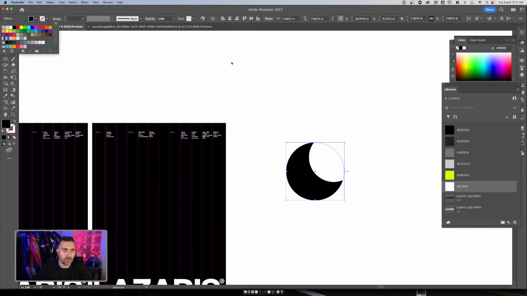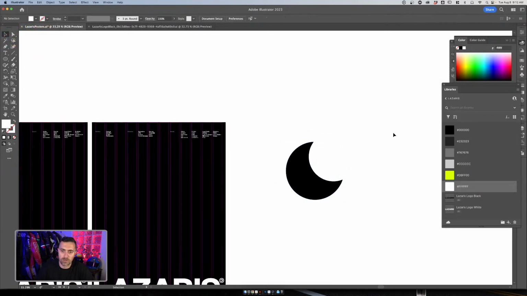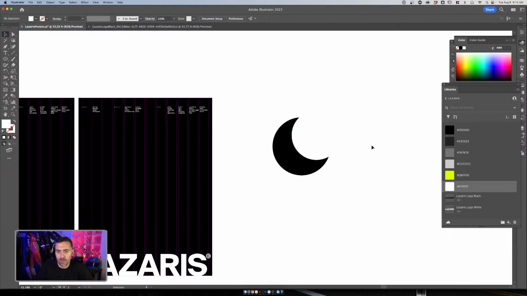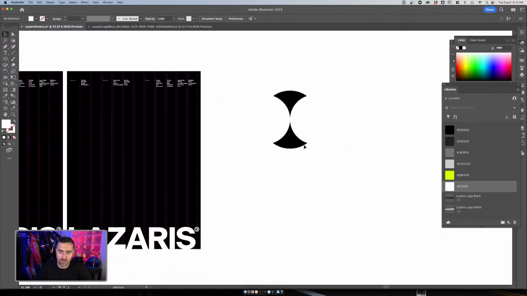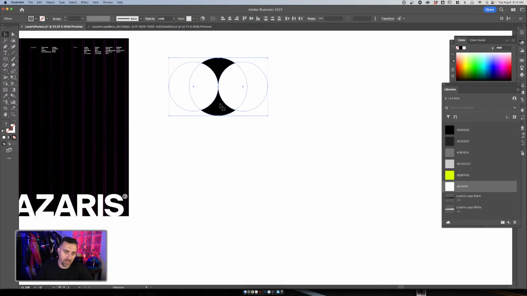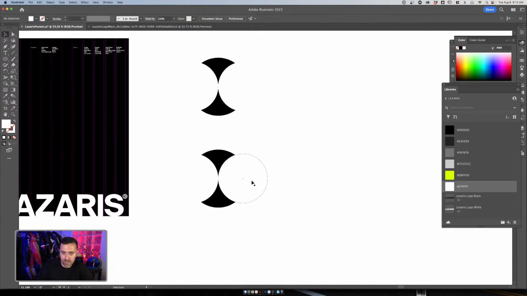Let me just remove these strokes. Cool. I'm not sure what I'm going to do with this yet. Let's see. So we'll have some fun. Do I want this to be centered? Okay, maybe that's a thing. All right, let's just have some fun. But yeah, chat, if you have any ideas around what things you want to see, let's do it.